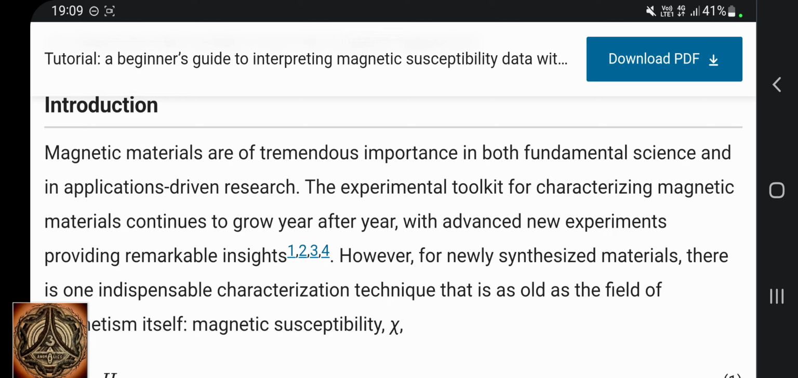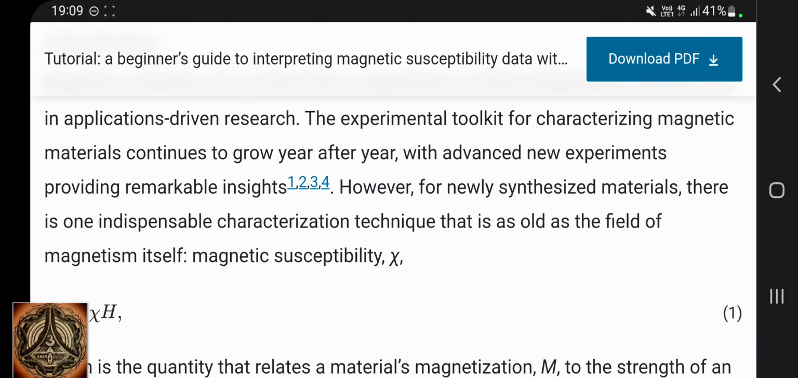The experimental toolkit for characterizing magnetic materials continues to grow year after year with advanced new experiments providing remarkable insights. However, for newly synthesized materials, there is one indispensable characterization technique that is as old as the field of magnetism itself. Magnetic